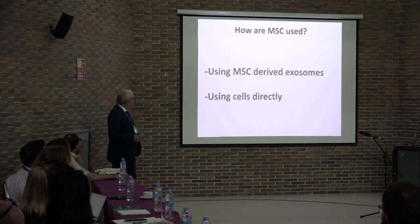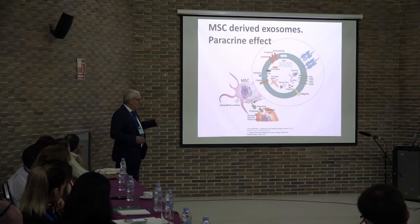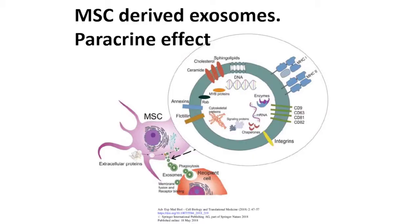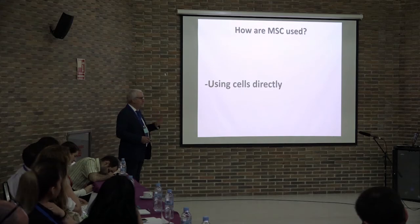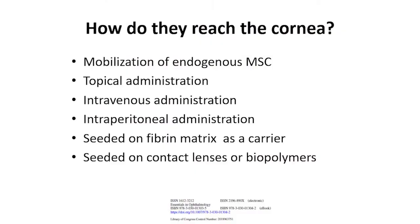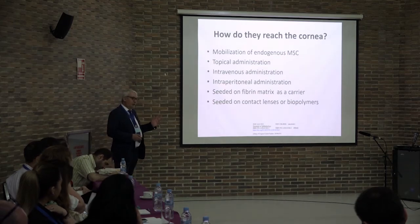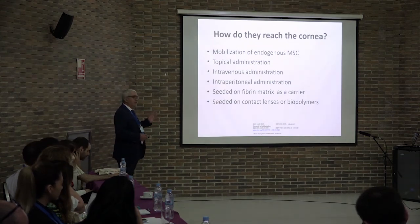How are they used in the cornea? Using the exosomes or using the cells directly. Exosomes are products of the mesenchymal stem cells that work via paracrine effect in close contact with the recipient cells. We have experience using cells directly. How can the mesenchymal stem cells reach the diseased cornea? By mobilization of endogenous mesenchymal stem cells, by topical, intravenous, or intraperitoneal administration, seated on fibrin matrix as a carrier, seated on contact lenses or biopolymers,